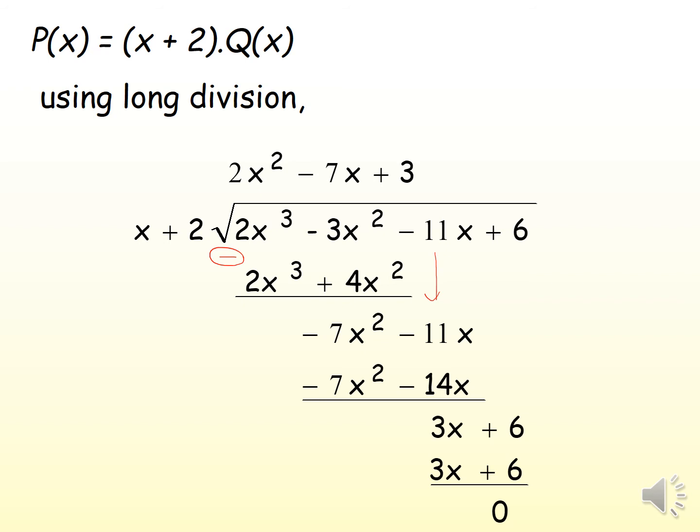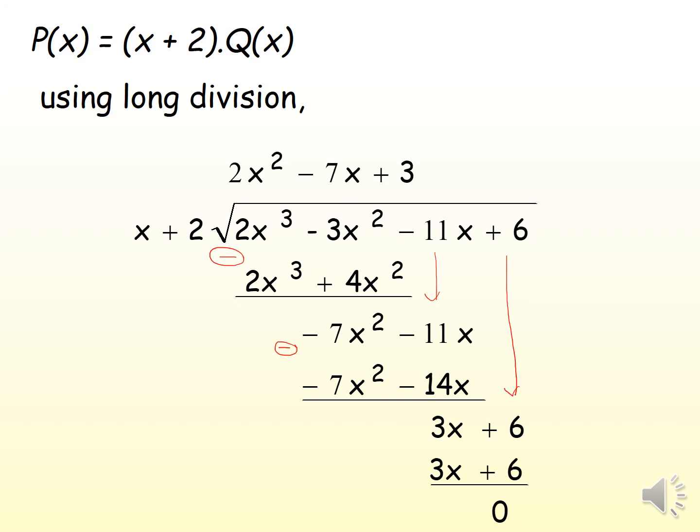Next, x multiplied with what equals negative 7x^2? You have to multiply with negative 7x. Negative 7x times x, the answer is negative 7x^2. Negative 7x times 2, the answer is minus 14x. So you have to subtract. Negative 7x^2 minus negative 7x^2, the answer is 0. Negative 11x minus negative 14x, so negative becomes positive, and simplify, you get 3x